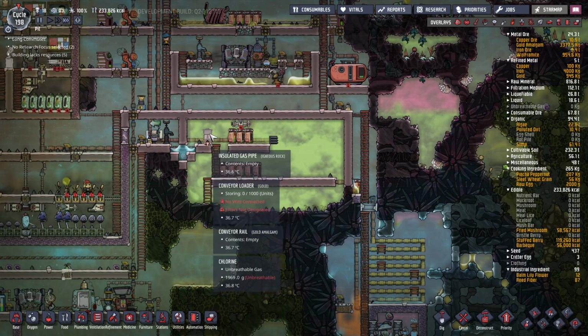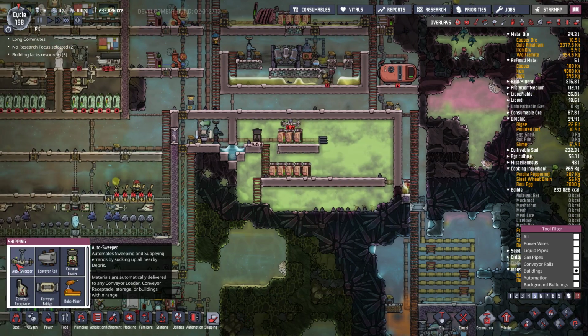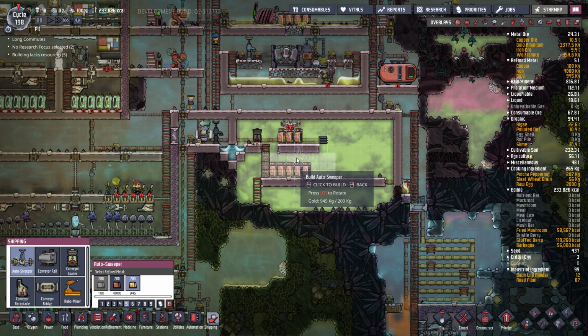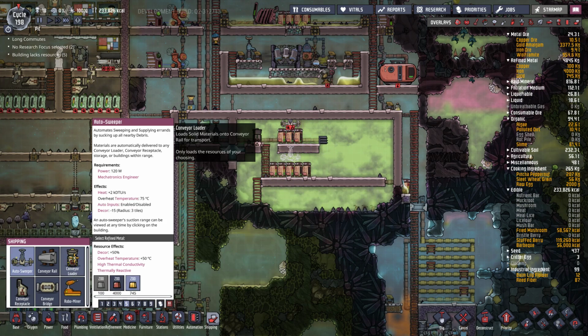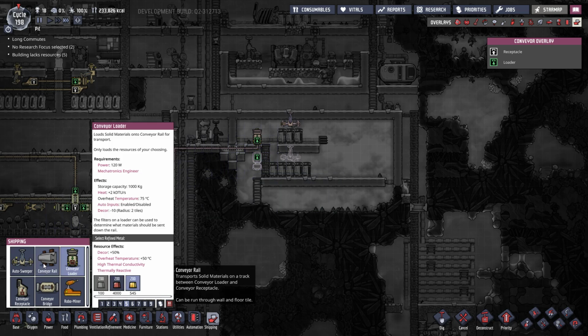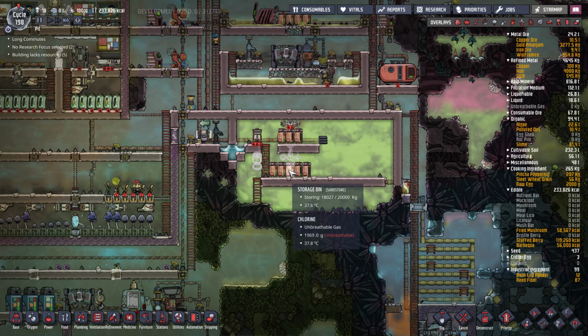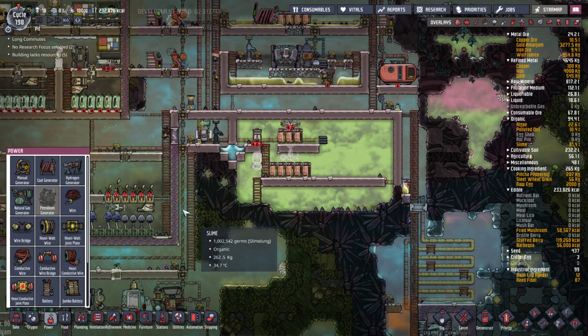Okay, mistakes were made. We're deconstructing both these things. And then we'll create an auto sweeper down here, and we'll just load it up from the bottom then. And a conveyor loader. And we'll turn this around the other way to make the rail slightly shorter, just in case there is the chance of...